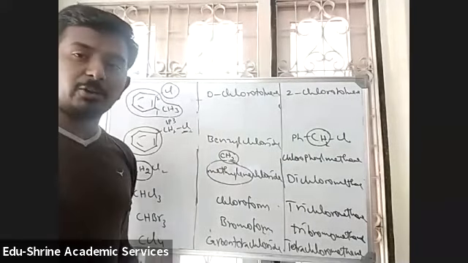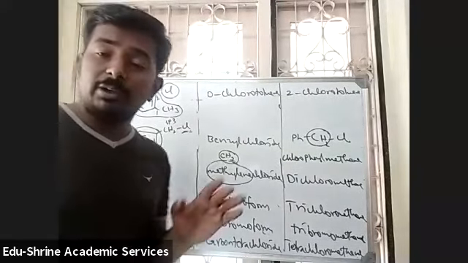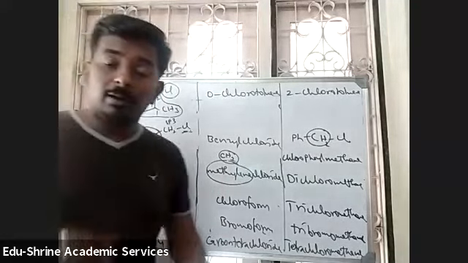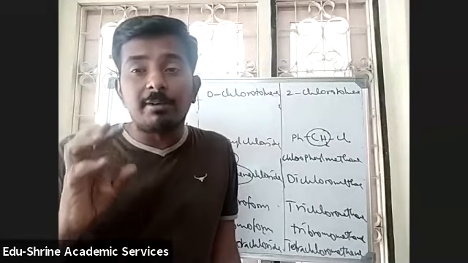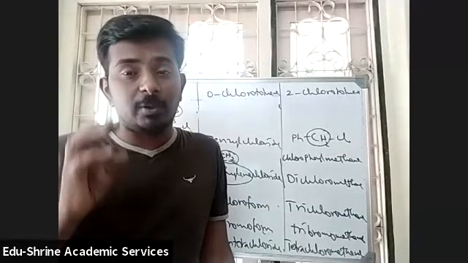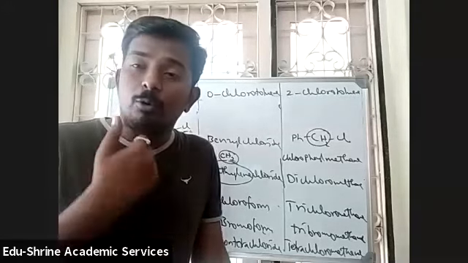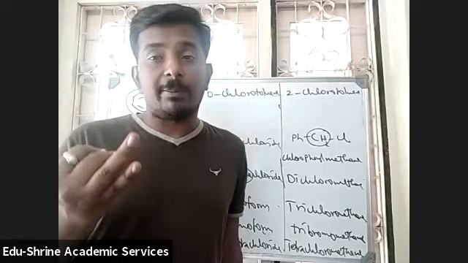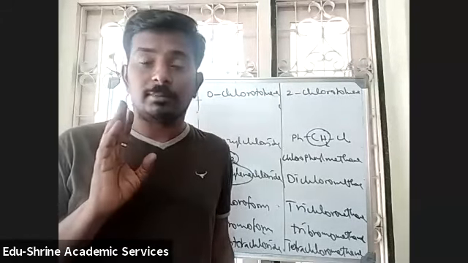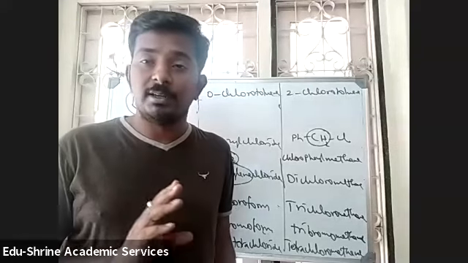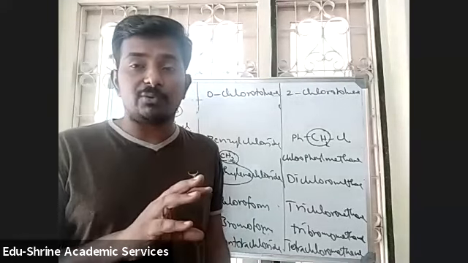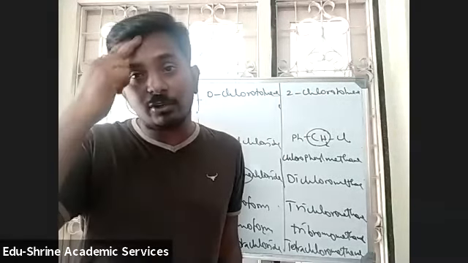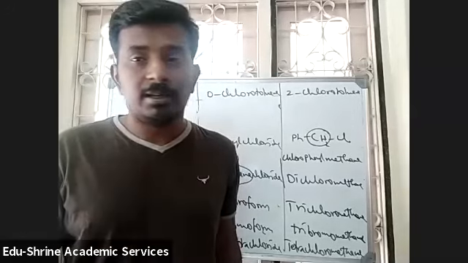So this is the IUPAC naming of alkyl halides and aryl halides. If you have any books, take the books and you can practice some more examples. And one important thing is you need to revise the basic concepts from the first. Again and again, I am telling, go through the free intermediates like carbocations, free radicals, and carbanions, how their stabilities are identified, what factors will affect the stabilities. To know that, you need to know about electronic effects. So revise electronic effects and reactive intermediates, then only it will be easy for you.